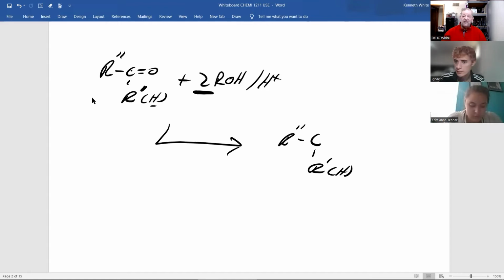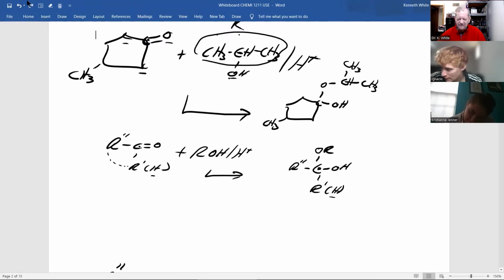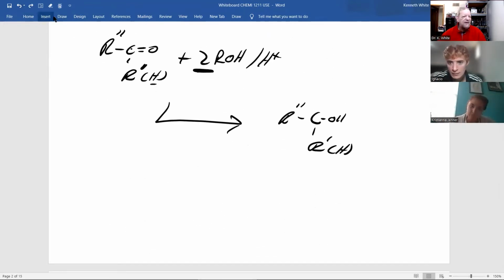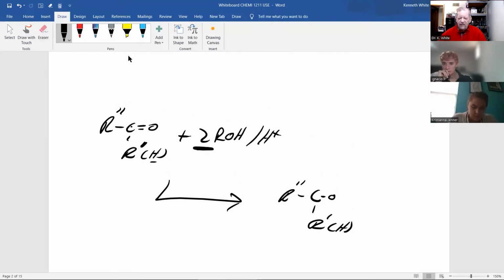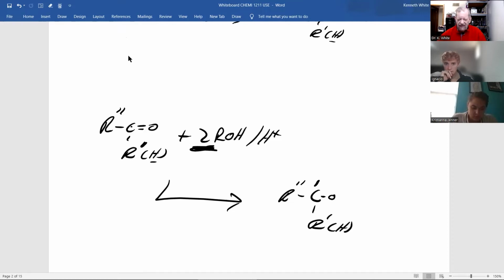Because do you break carbon-carbon single bonds? No, and I don't. Neither does Mother Nature. And neither should you. And now you have two alcohols, so you're gonna have two oxygens, and each one has the R group from the alcohol on it. And we'll learn later on, Mother Nature uses these reactions, especially this one, to make starches,